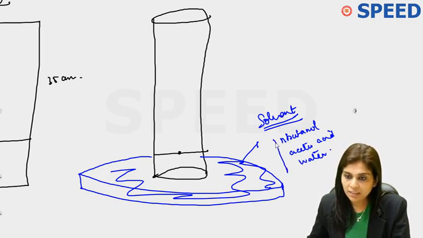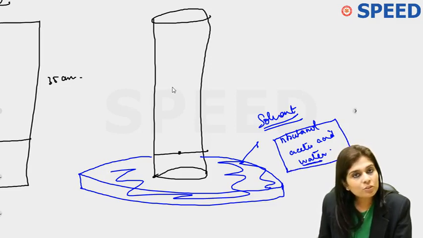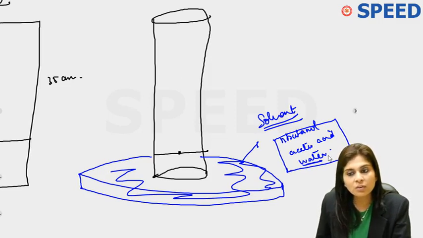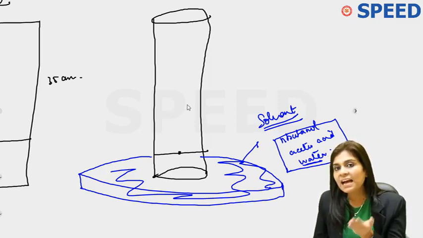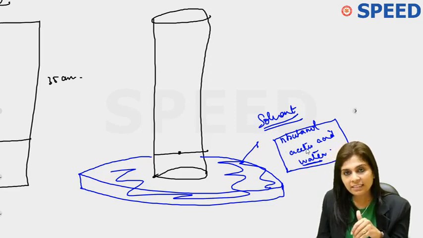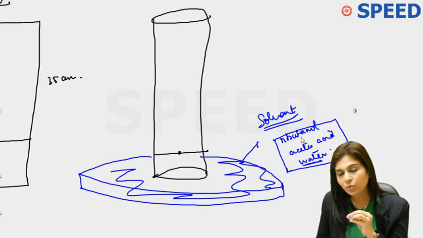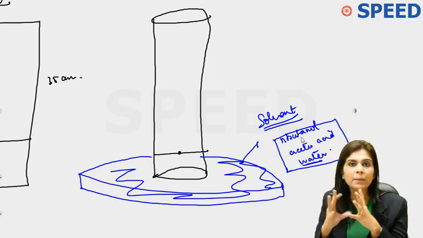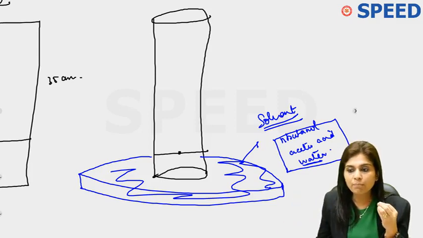So out of these three components, do you see that water is polar? And your paper is also polar. So the moment you place the paper on this petri dish, because water is polar, water forms a thin coating on the paper quickly. After which N-butanol and acetic acid, though they are non-polar, because of capillary action, you know, paper has got fibers and between fibers there is a capillary action which is going on.